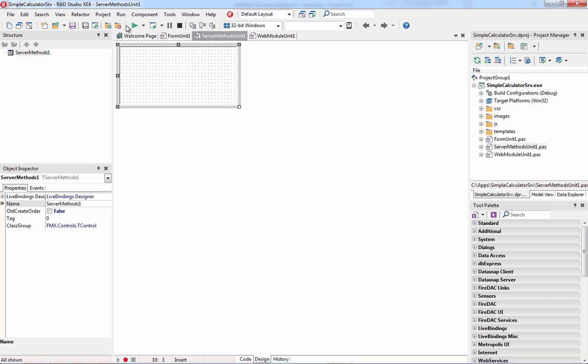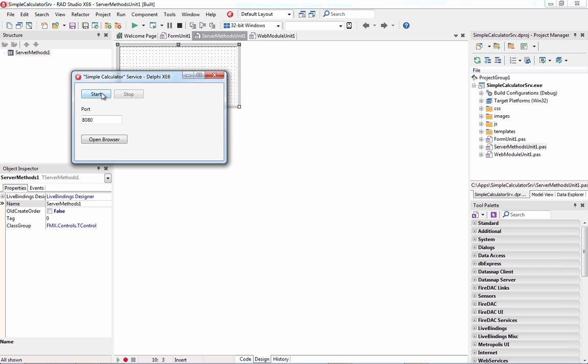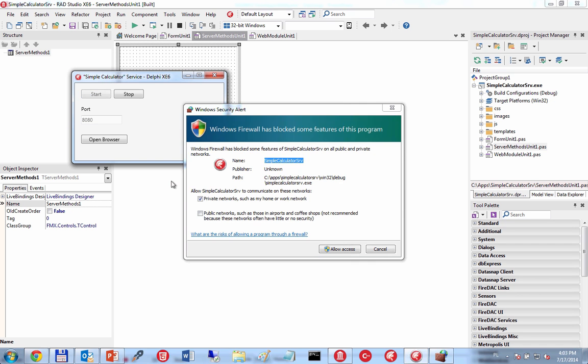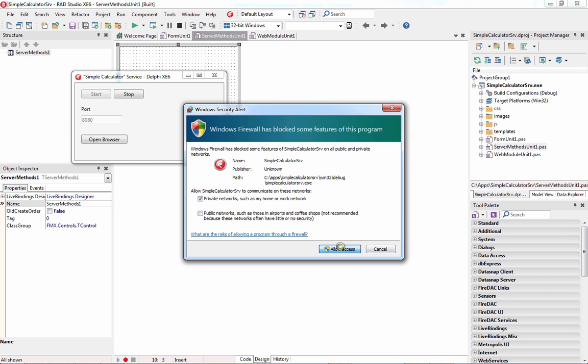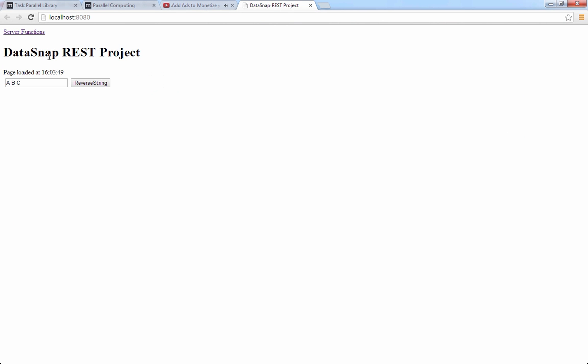Okay, so my server is running. I can now just go ahead and run it, because it needs to be running so I can develop a client for it. Click on start. Actually this is very handy, because the DataSnap REST application also comes with a JavaScript client. If I open the browser here, I can see the test client, and my reverse string functionality can be tried